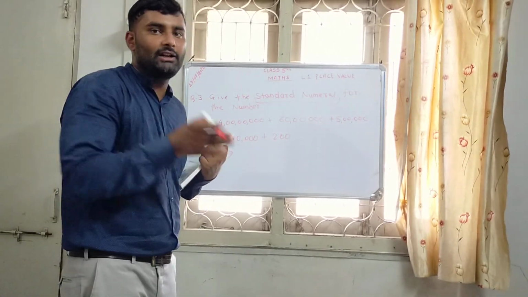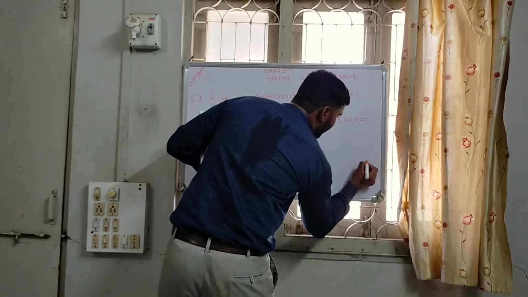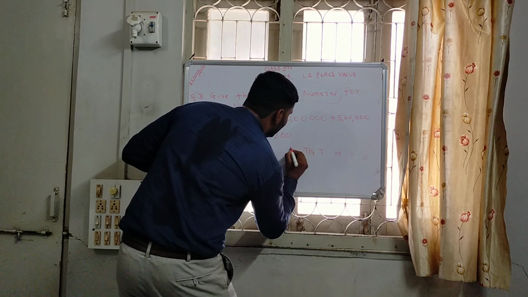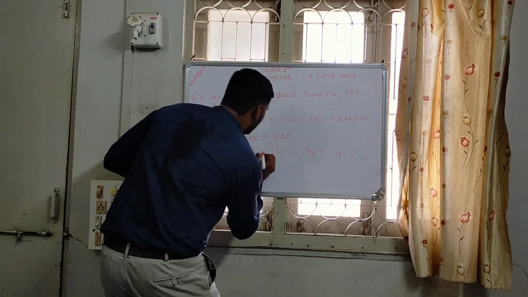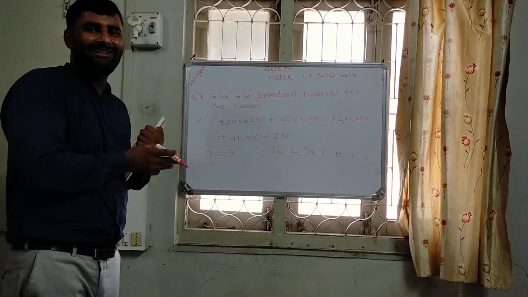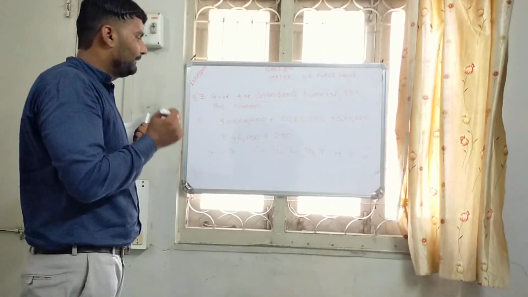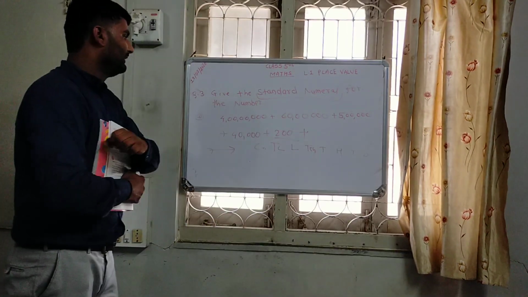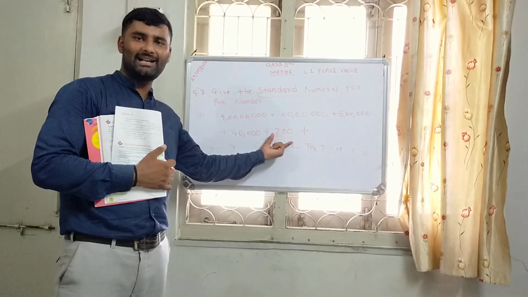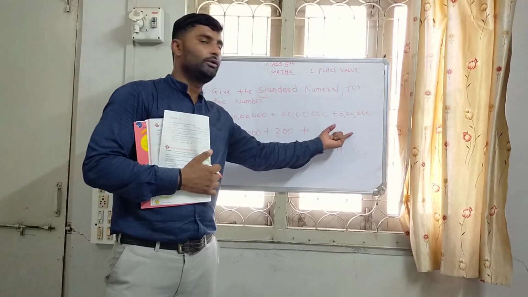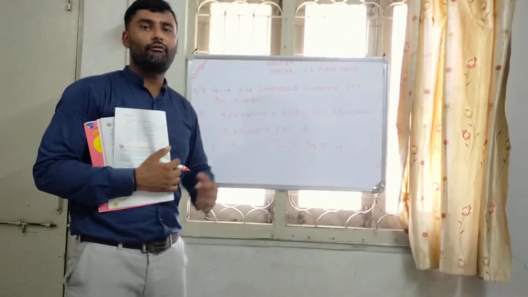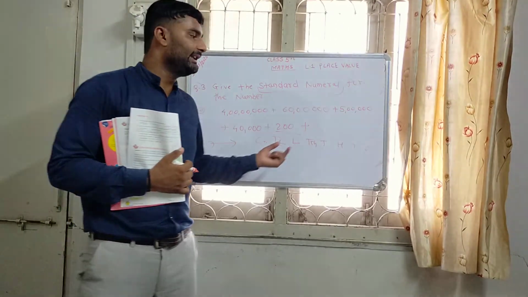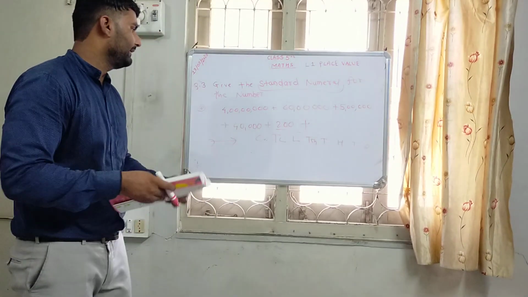So we are just going to write our place value chart. Ones, tens, 100, 1000, 10,000, lakh, 10 lakh, crore. Okay. So just put the numbers in the column of place value. Okay. So this is 200 in the last, no tens, no ones. That means the vacant place, and as I told you earlier, the vacant place we write in the place value chart as 0.